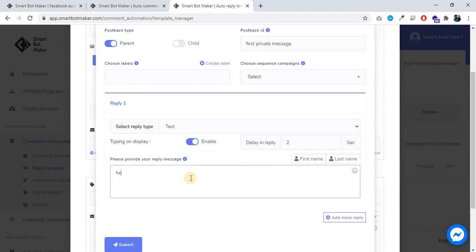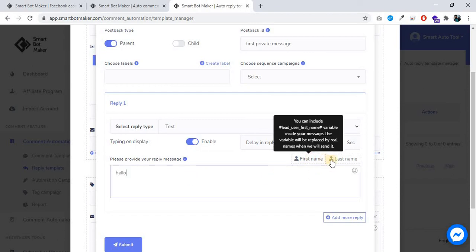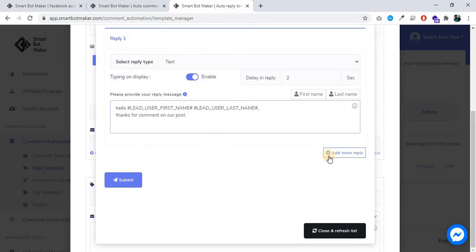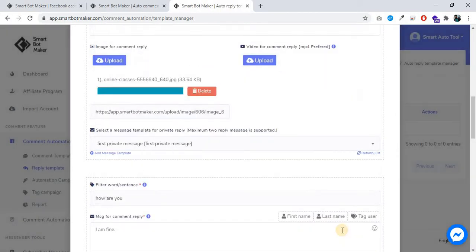Now write the message: hello, first name, last name, thanks for comment on our post. If you want to add more reply, click on it, submit it, click OK and close and refresh list.